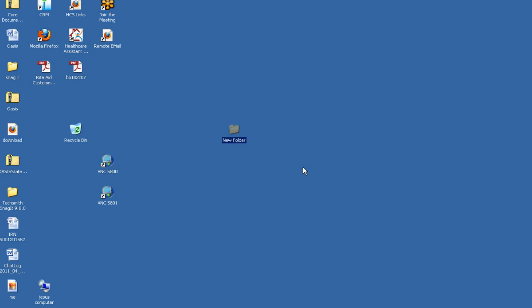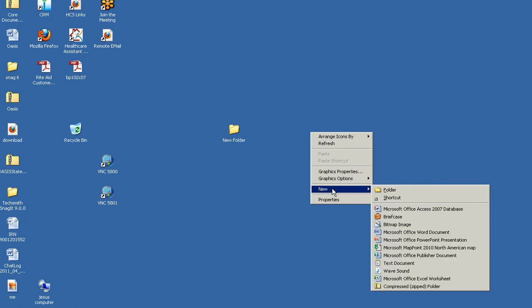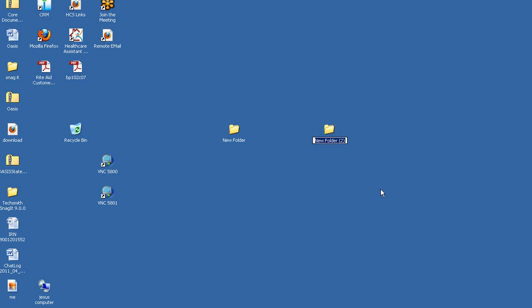If we hit the enter key or something happens and we don't get to name it, and then it's just called new folder, which is fine. If we did it again, right mouse, new folder, and we did it again, it would be a new folder too. So that's fine too. If we want to be really organized like Carnies usually are, then we would right click